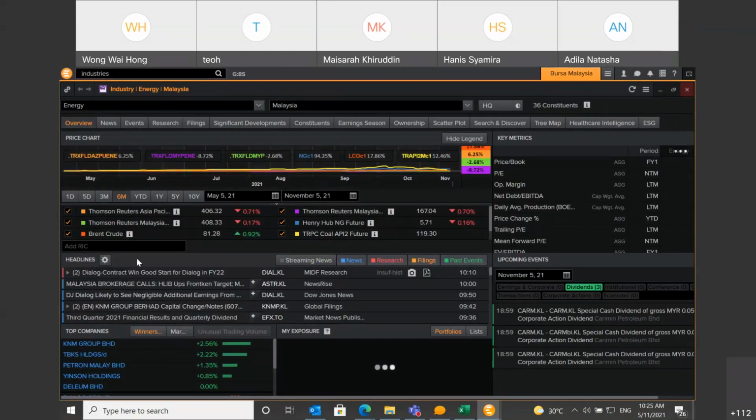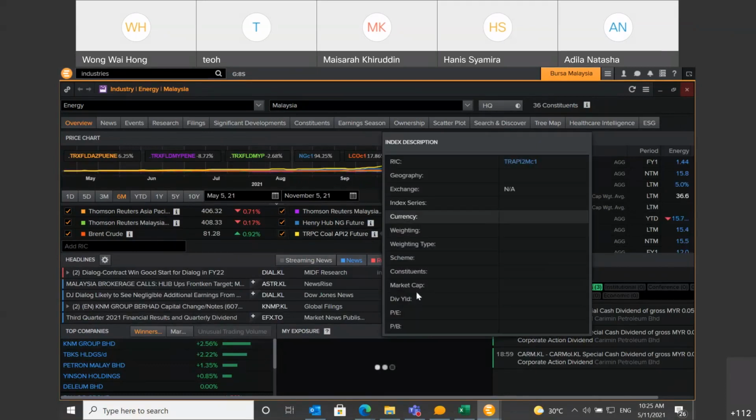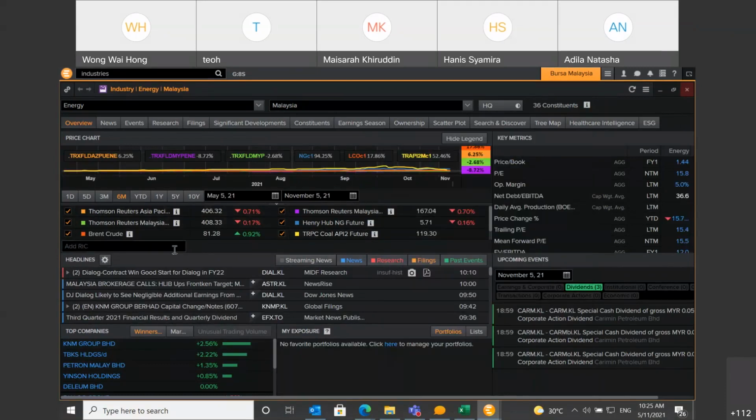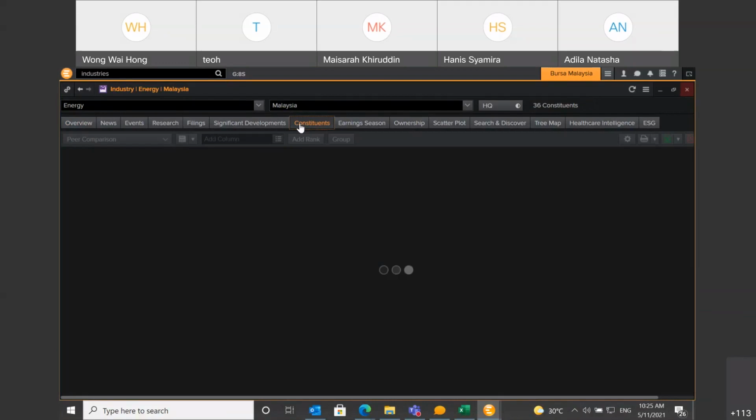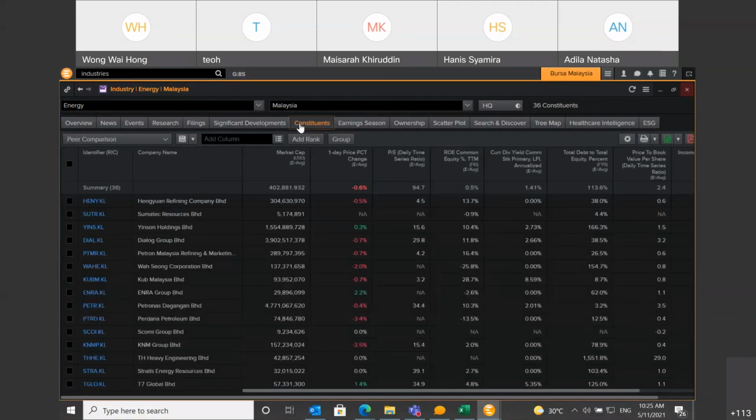All right. So from this page, it pretty much tells me, I can see the indices. Right. You notice on Icon you have, beside Thomson Reuters, Henry Hub and so on. It very much depends on which industry you're looking at. All right. And of course, I get the headlines, but most importantly, what you want to see, for example, will be the constituents, right? So I believe maybe Azrina should ask me, hey, Wong, I need to know which company falls under this particular industry. So to view that, you come to constituents, right? I can straight away see the big list here,